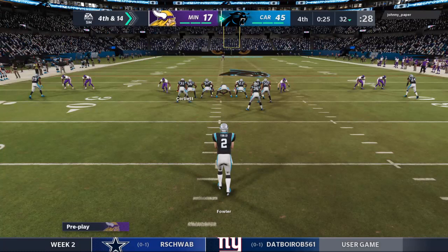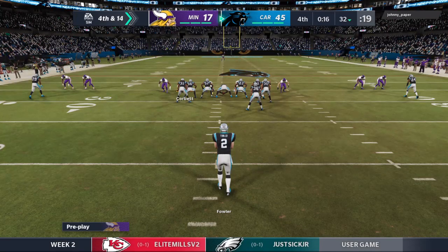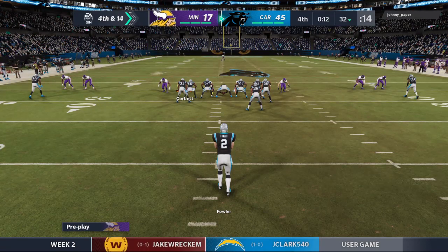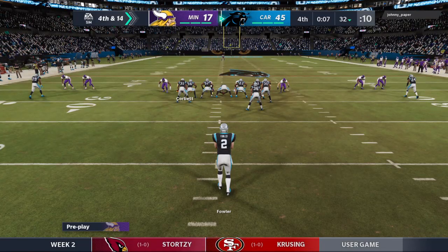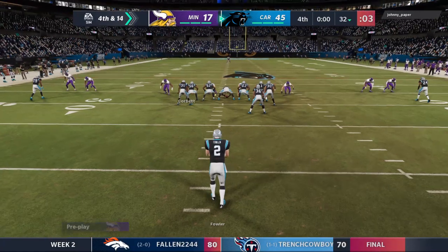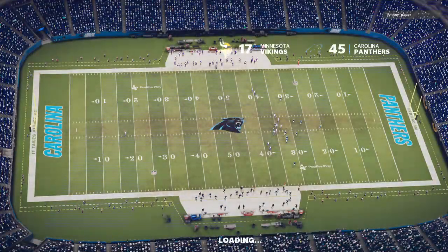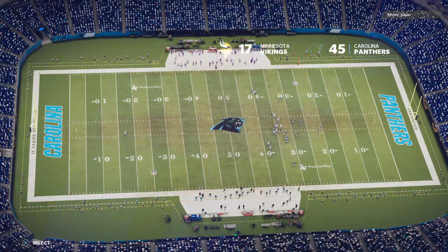Here's the Panthers punter now. Always a good sign when your first punt comes in the 4th quarter. Final score, Panthers 45, Vikings